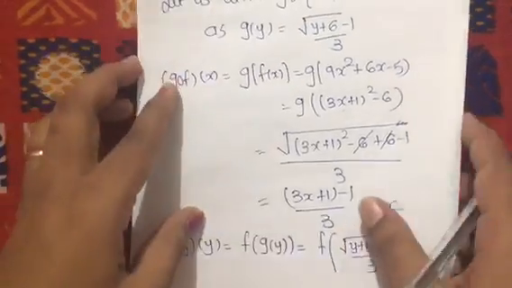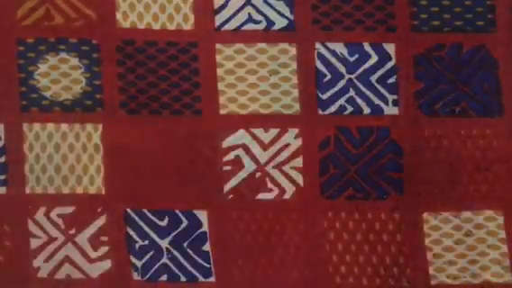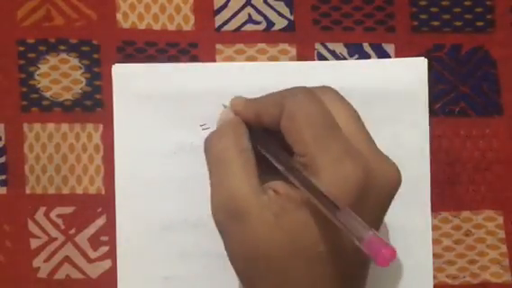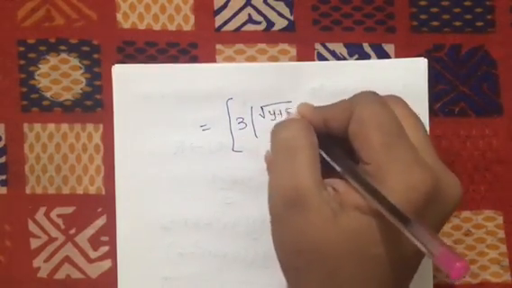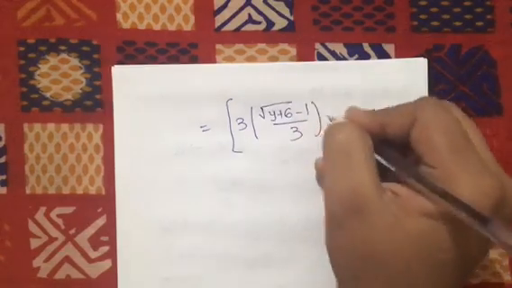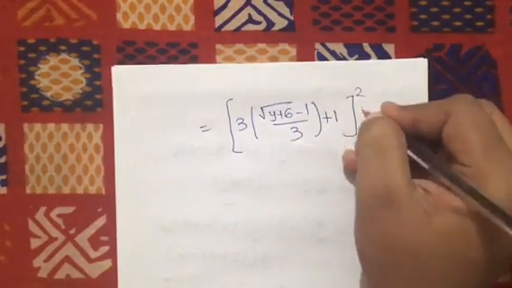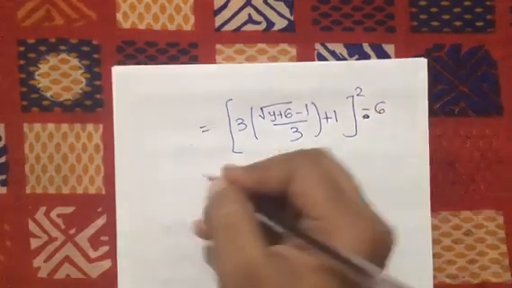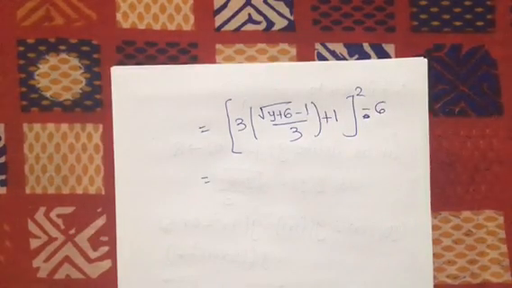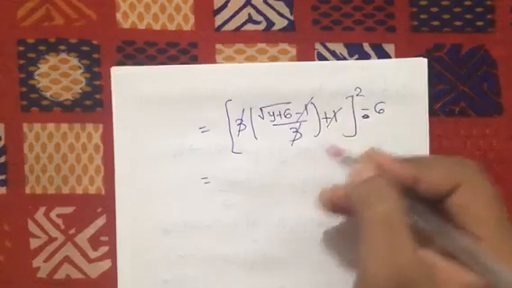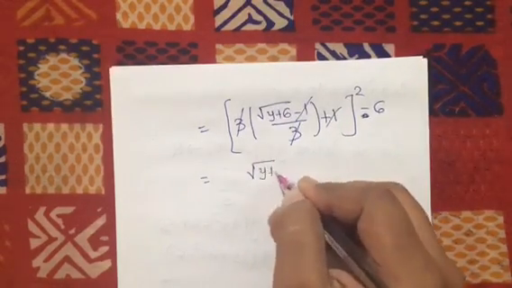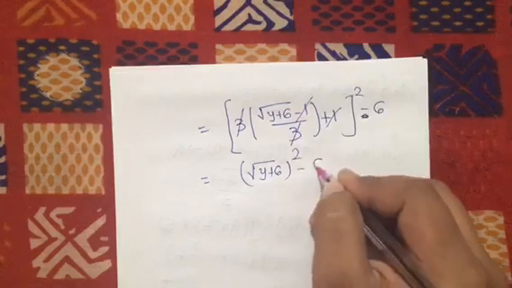Okay, so we put it in the function f of x. f of x is (3x plus 1) whole square minus 6. So 3 into bracket under root y plus 6 minus 1 divided by 3, plus 1, whole square minus 6. Here the 3 will cancel, minus 1 plus 1 cancels, so under root y plus 6 whole square minus 6,